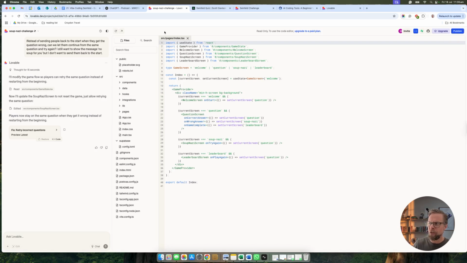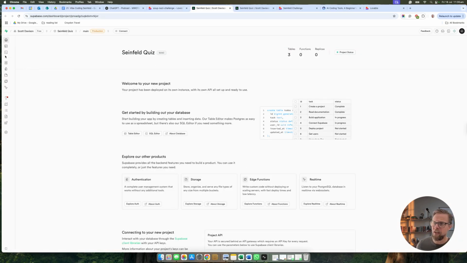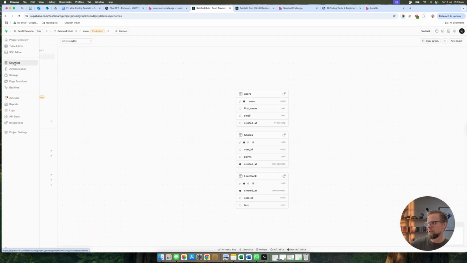As I say, for this one, there was a basic database behind it, which is collecting the name, email, and the scores for the leaderboard. So to do that, I had to do an integration. They have a product called Supabase, which is this link here. And again, that was free to set up, and I set up the database within there, and I've now got a table behind this where I'm storing all that user information. You can see here, I've got one table for users, one for scores, and one for feedback. And that's all integrated and that's all working.